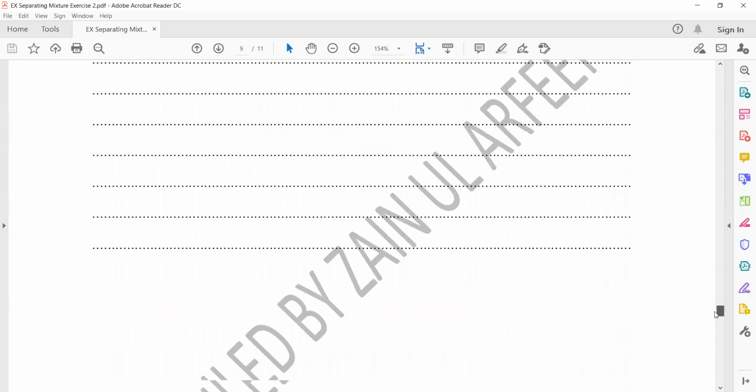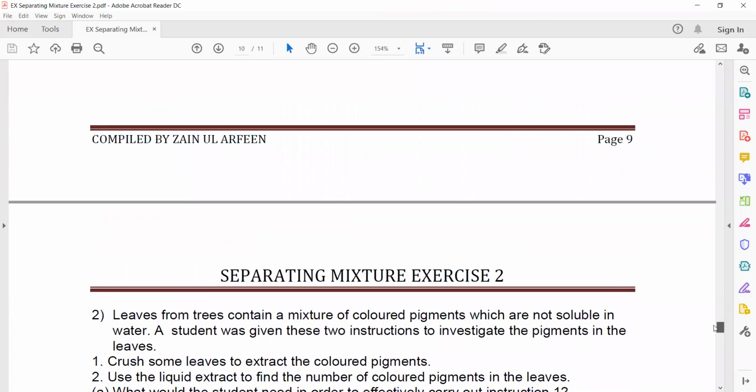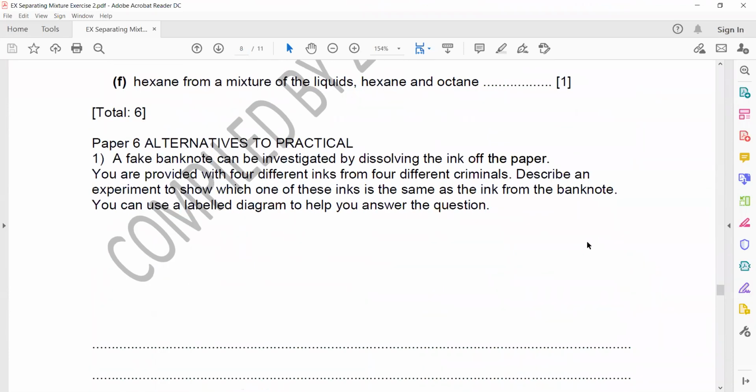Page number 8. A fake banknote can be investigated by dissolving the ink of the paper. You are provided with 4 different inks from 4 different criminals. Describe an experiment to show which one of these inks is same as the ink from the banknote. You can use a label diagram to help your answer. So what we can do,